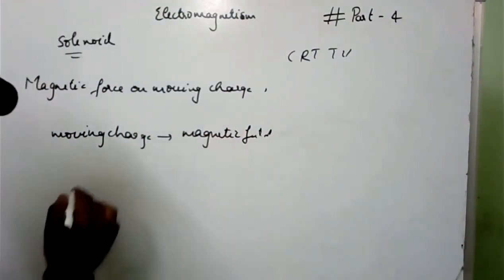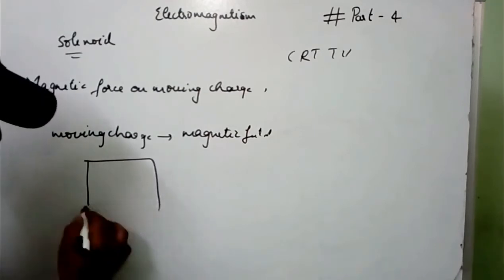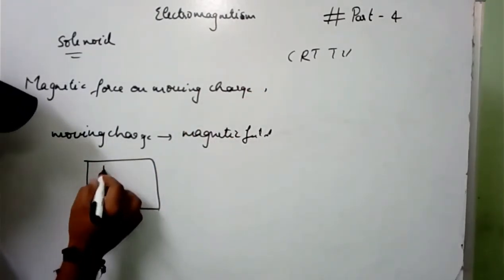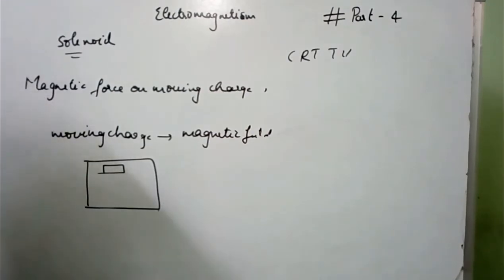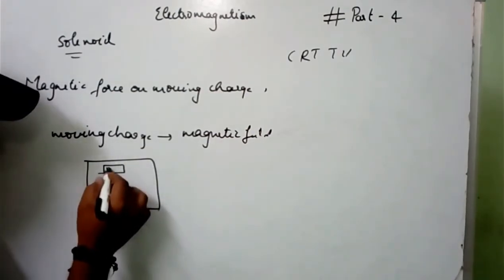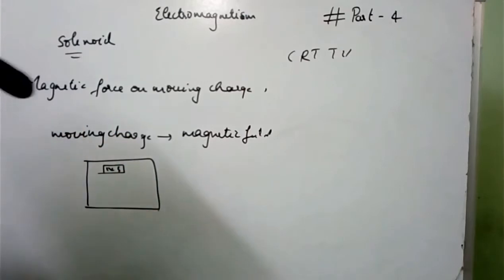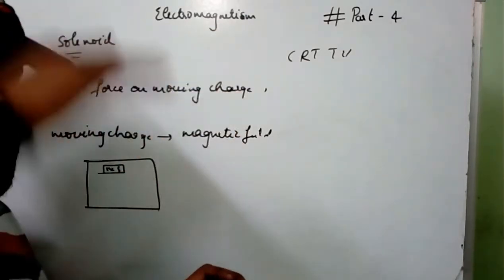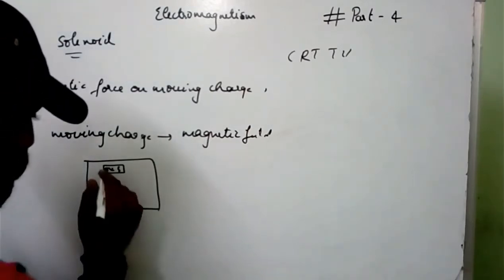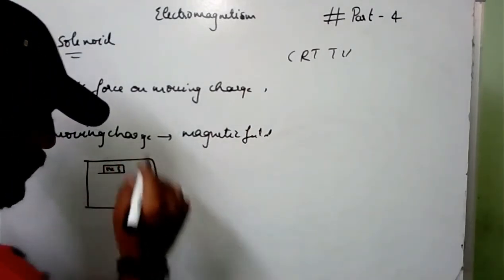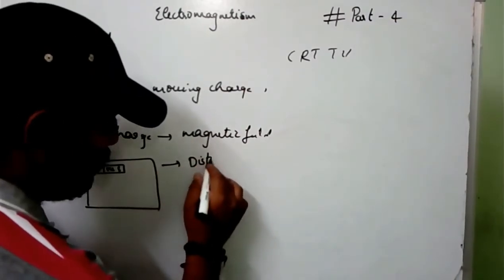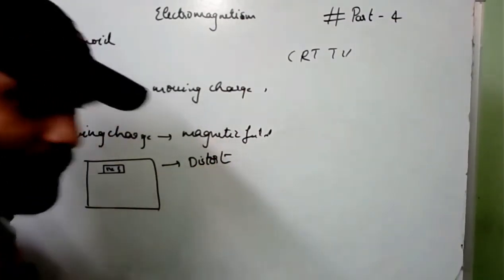Usually on a CRT, cathode ray tube TV screen, sometimes we have done this experiment at our houses. When we bring a bar magnet near the TV screen, what can we observe? We can observe a distortion in the screen. The screen will be distorted when we bring the bar magnet near to it.